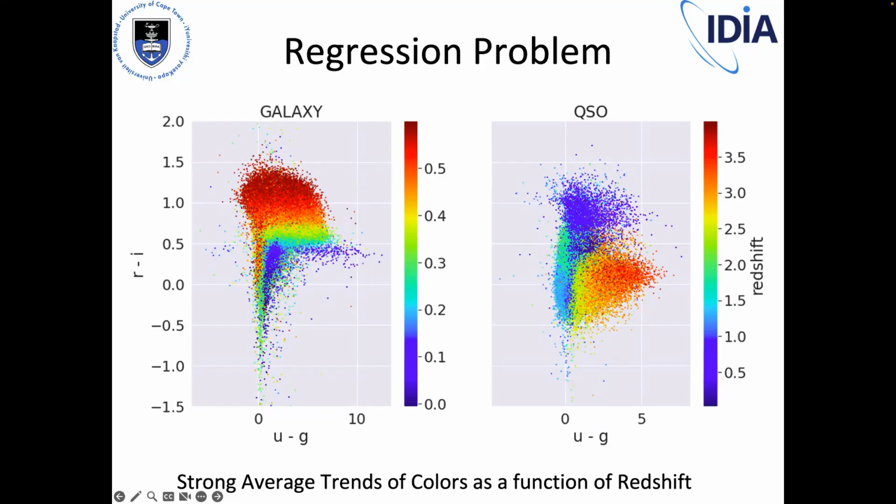QSOs have got a similar behavior, although it's a bit more intricate, perhaps even because it turns around a little bit. But again, this is only just a random combination of colors. In practice, the machine learning algorithms are set up so that they can combine any combination of features that you give them. Astronomers like to use colors because they are used to them and they can interpret them better. But there are also studies where you can extract the best features from your data set without any input by the astronomers. That only makes it a little bit more difficult to interpret, but it has often the power to increase the accuracy